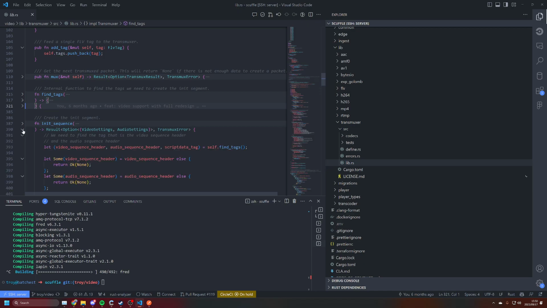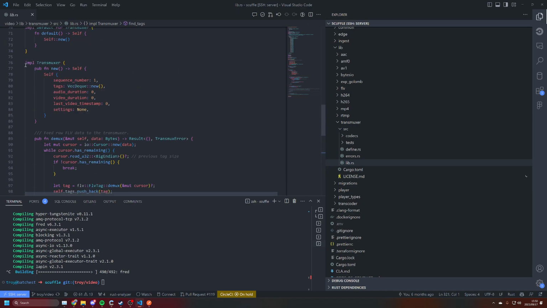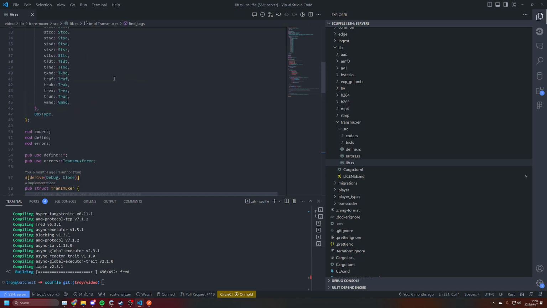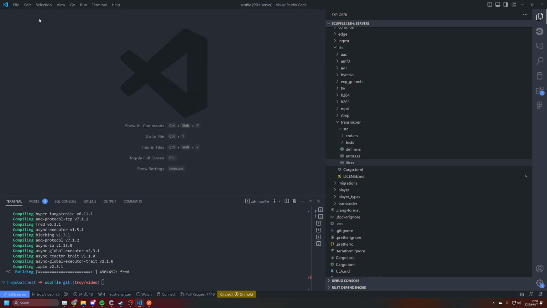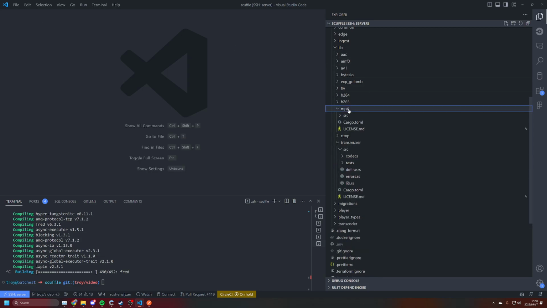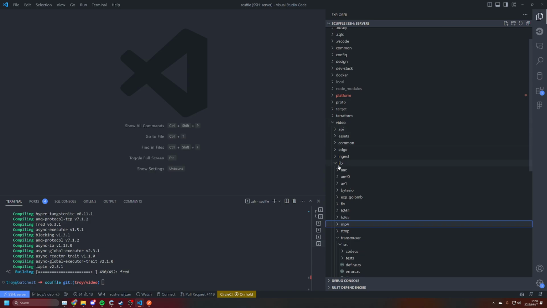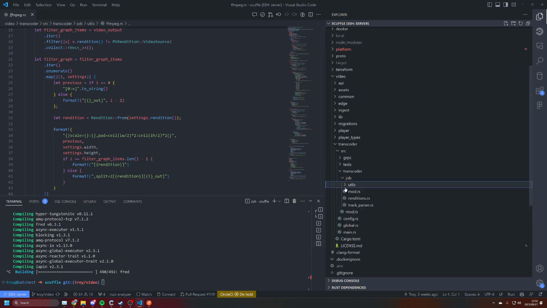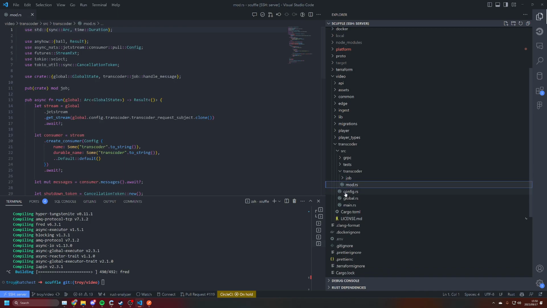But it's good enough to create a working MP4 from FLV, and then it's good enough to take that and put it into FFmpeg, and then FFmpeg does all the heavy lifting when it comes to converting to different codecs. And then we also make a much better implementation of this on the transcoder side. So when we decode all of this stuff from the transcoder, from FFmpeg, once we get the different variants and stuff out of FFmpeg,